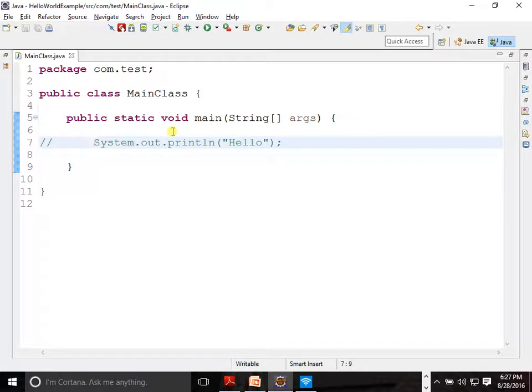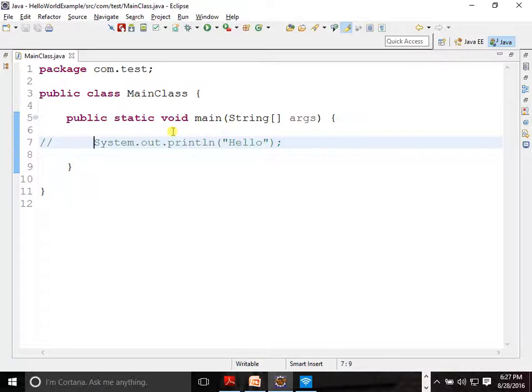Control forward slash is used to comment one line, a single line comment basically.